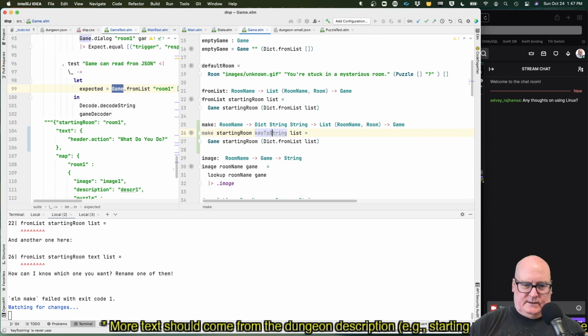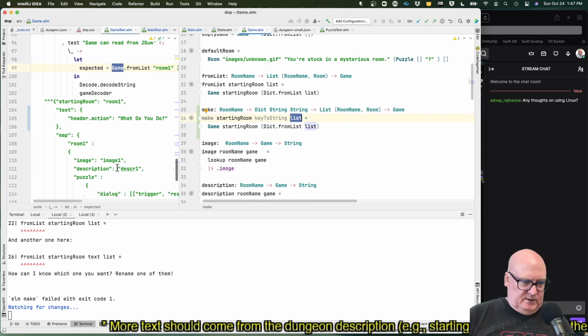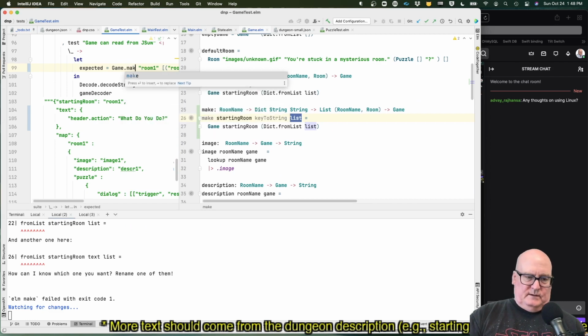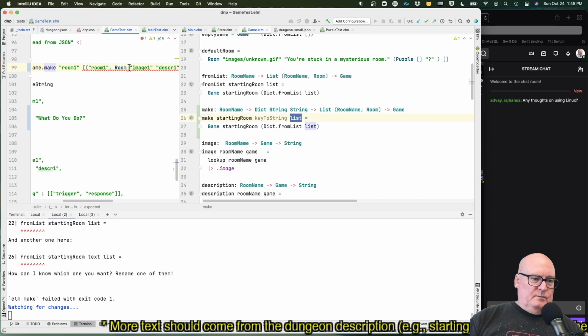Sometimes I do it like this. And this list of room names and rooms, I don't know what you'd call that. But anyway, okay. So right now, my test could use make instead of game.from list, if it produces a dictionary. Okay, so room, this stuff is not a dictionary, but let's make an empty one. And I think, can I do this for constants?